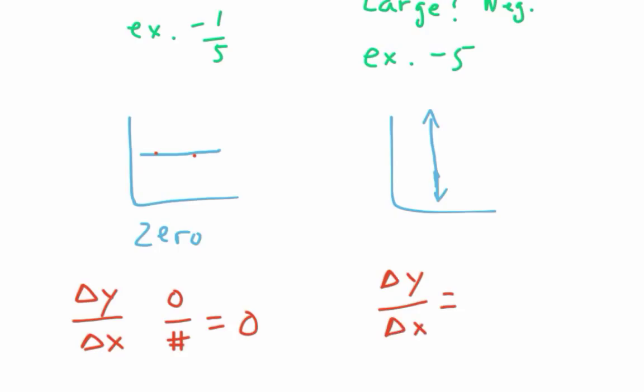In the denominator, because it's not moving any side to side. It's moving 0 in the x direction. Yep. And any number divided by 0 is what? When in doubt, check your calculator. It gives you an error. It's going to be undefined whenever you have a vertical line. And that's it for